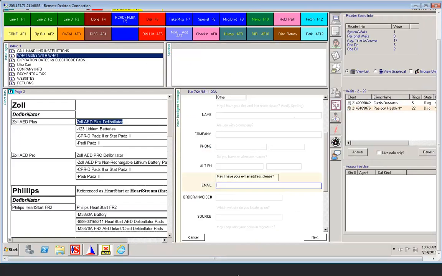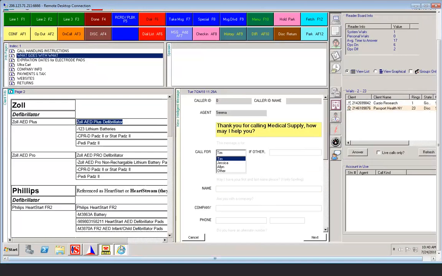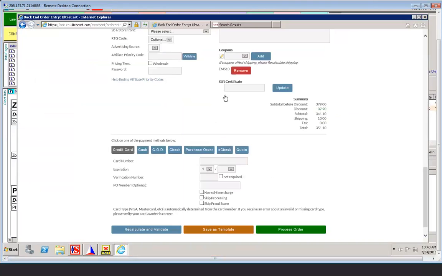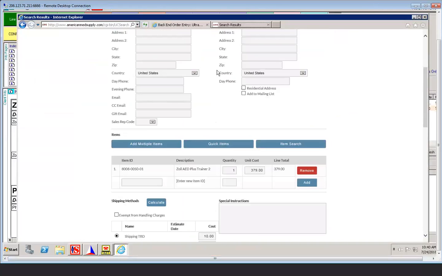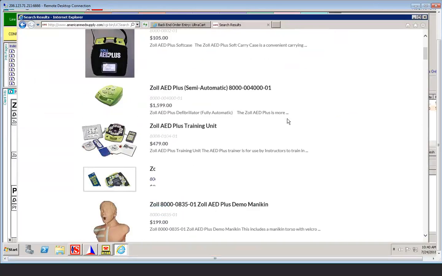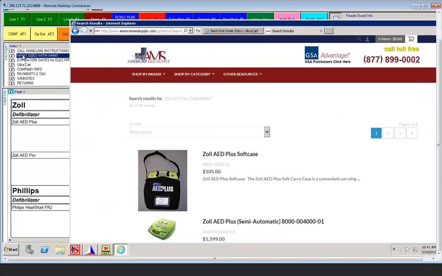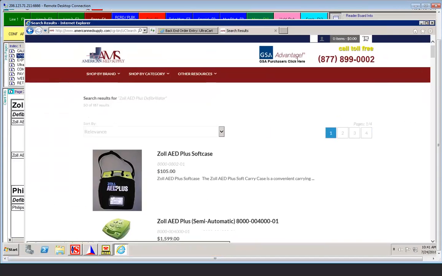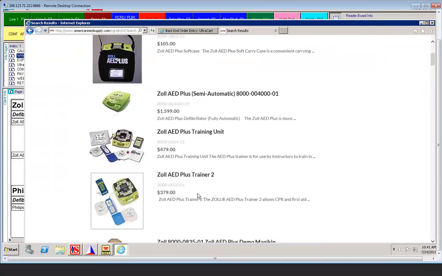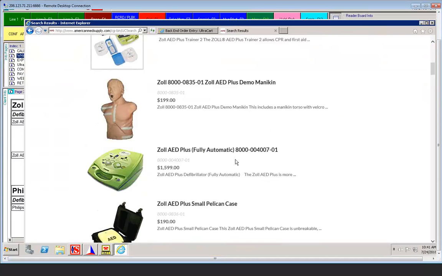The other types of calls besides orders and quotes that you would get for American Medical Supply is product information. A lot of times people know the type of defibrillator they have. They don't know what battery goes with that defibrillator. So if you didn't find it in our info page, what goes with what, you can just put in the name of the defibrillator so that you can get a list, and maybe something on the list will stick out,